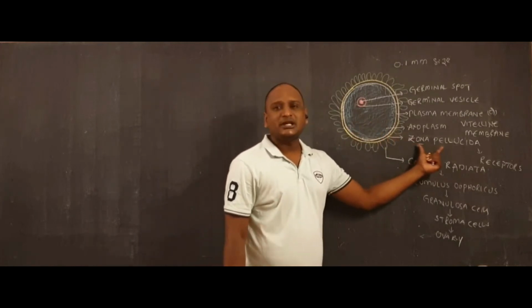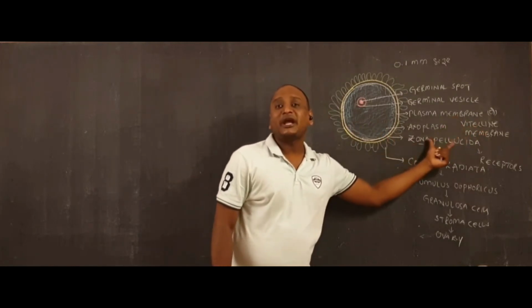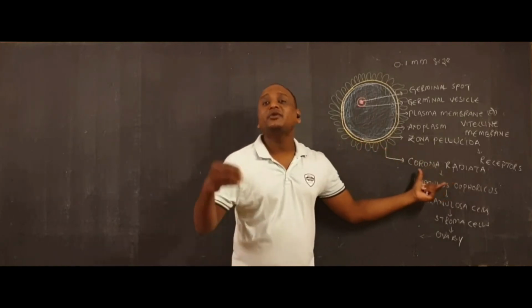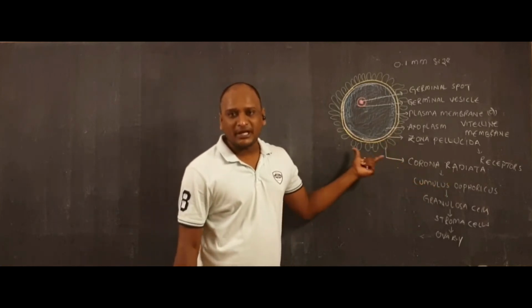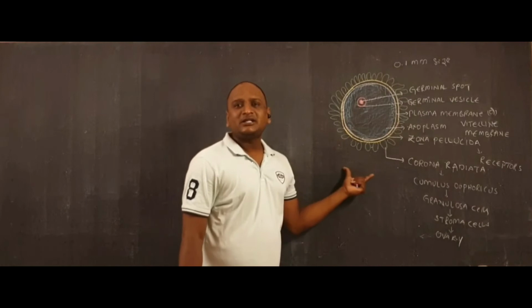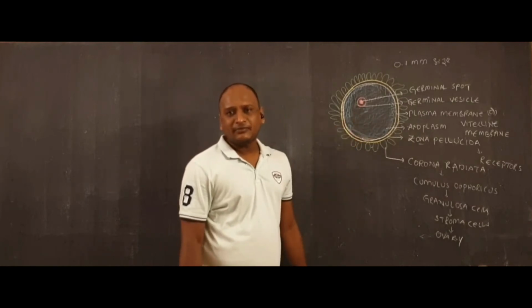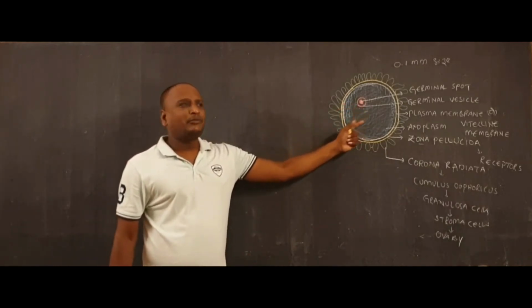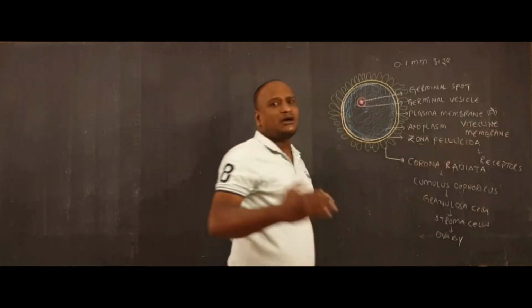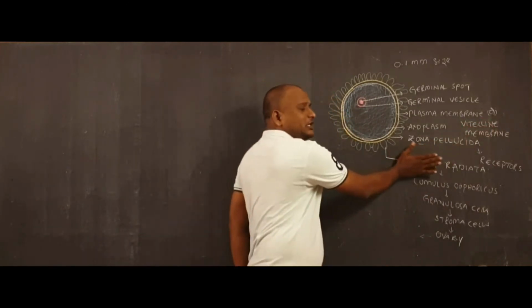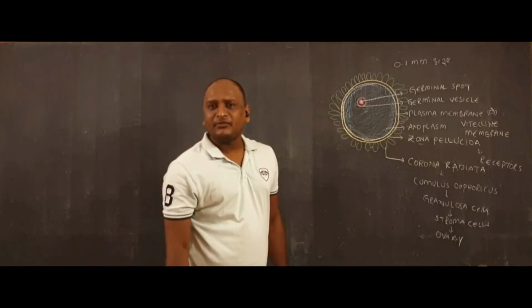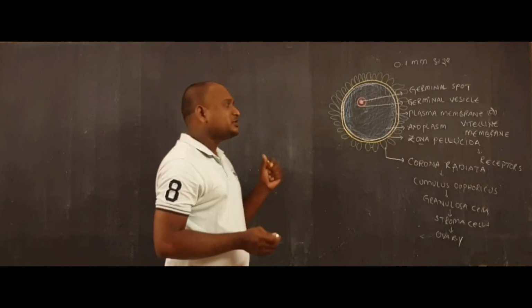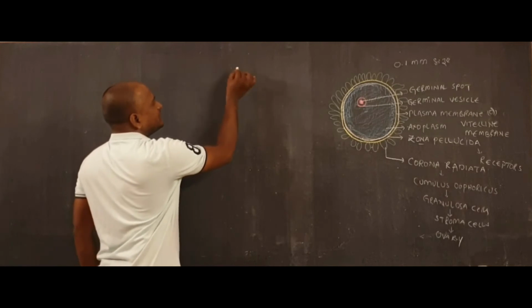That's why the zona pellucida and the vitelline membrane are both called primary membranes. The corona radiata is formed from the ovary, so it is also called the secondary membrane. Likewise, different layers are present around this egg cell. Now just try to observe these membranes. Two types of membranes are present. The vitelline membrane and zona pellucida are called primary membranes. The corona radiata is called the secondary membrane. What is the classification of the membranes present around the egg? When we observe it, the membranes are classified into three types.